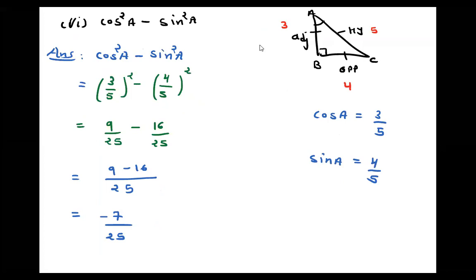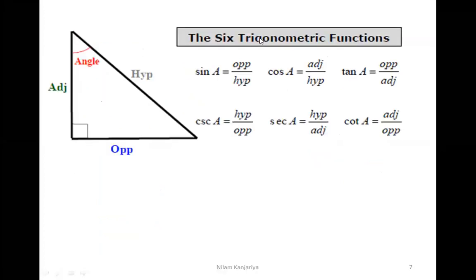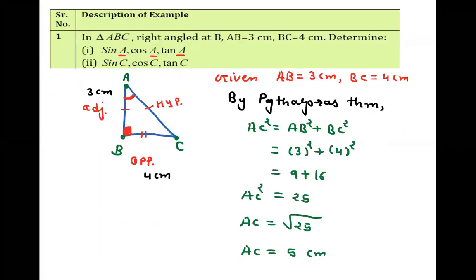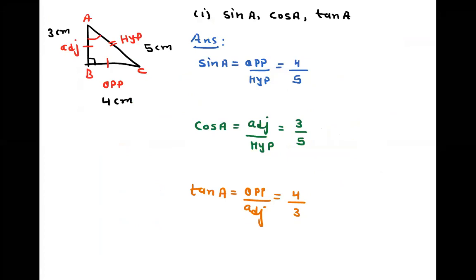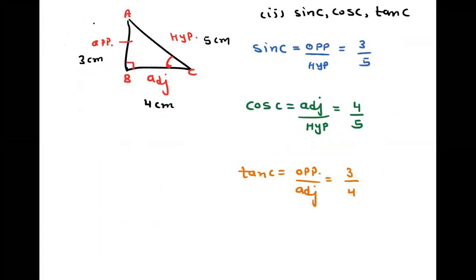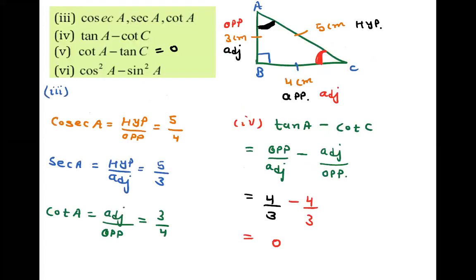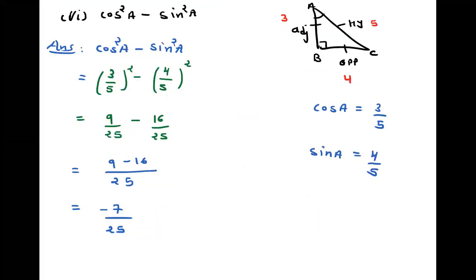So what we can do in these 6 examples, just take a quick review. These are the formulas for every angle. First of all, you can find the unknown side by the Pythagoras theorem. So this is your triangle. Using the formula, you can put the value of given ratios. If the angle is changed, the side is changed. And one by one, you can get the value after you got the answer. So hope you understood, all students.